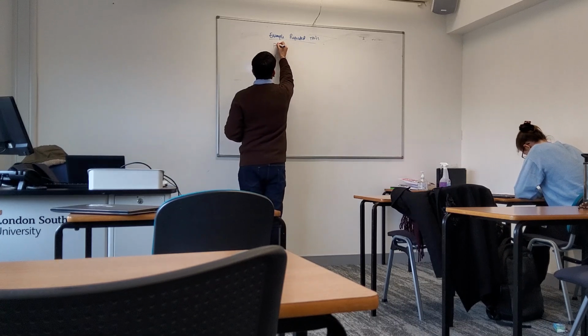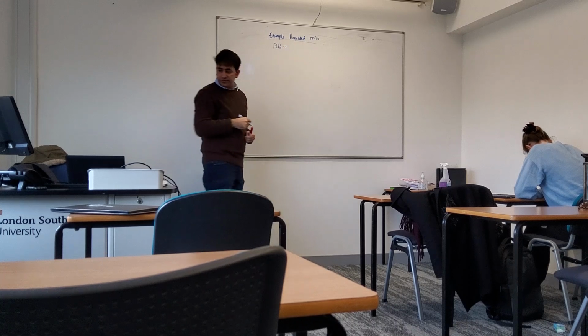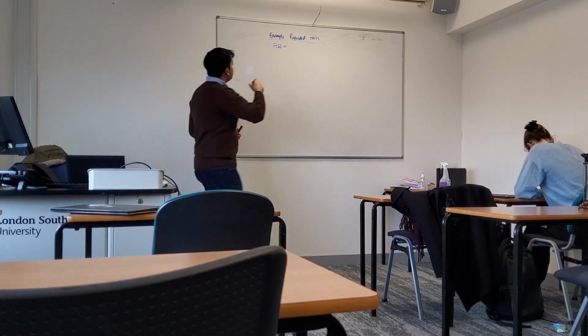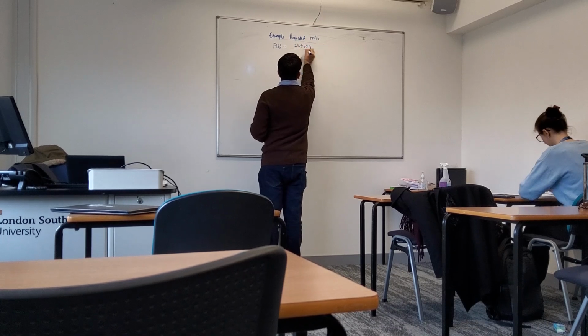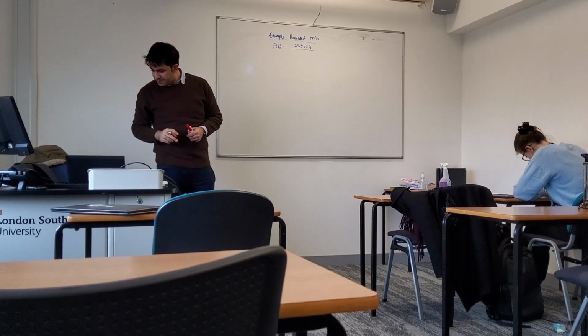So we have f of s equals 2s plus 104 divided by